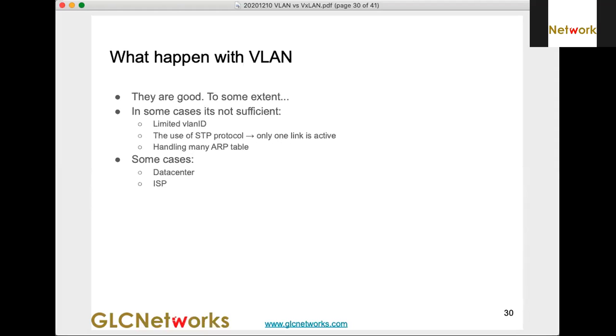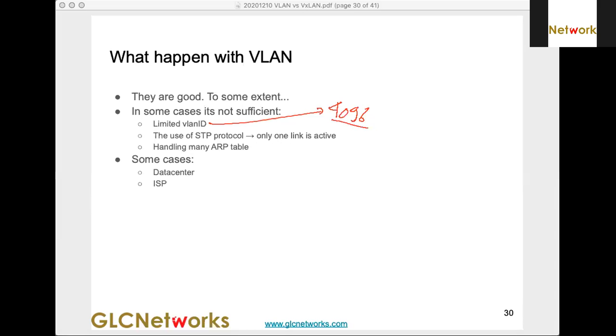Well, as you can see, VLAN only has 4096 IDs. Do you think it's limited? For a normal organization, that is more than enough, right?